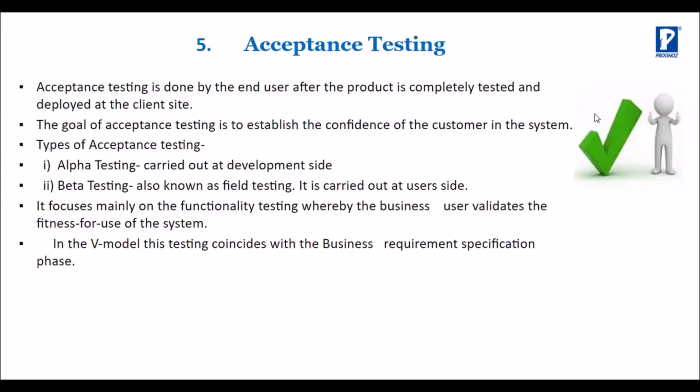And here, if there are any issues, we have to fix those issues and provide the solutions as urgently as possible. And once UAT is done, we can say that we are done with the testing. So here mainly the focus is on business scenarios, real time scenarios. So it focuses mainly on the functionality testing, whereas the business user validates the fitness for the use of the